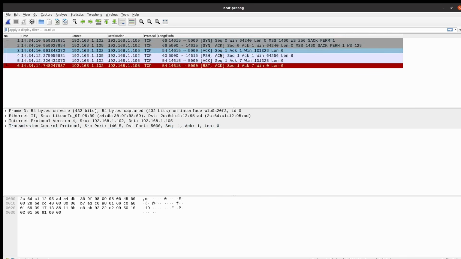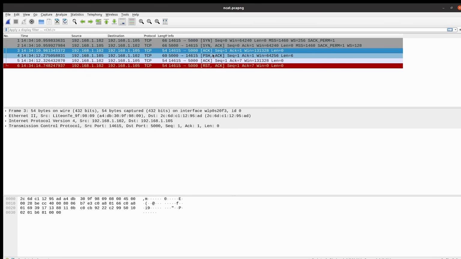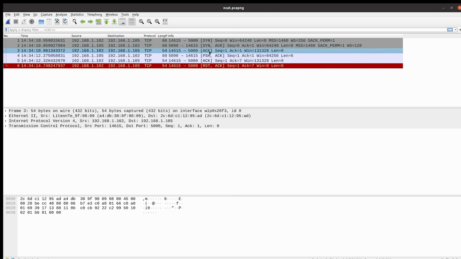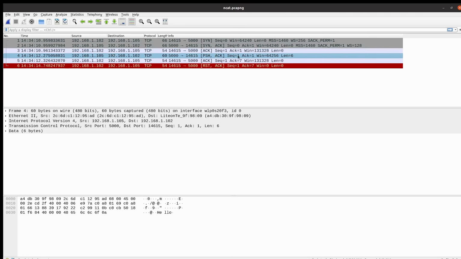And then after that, an ACK is received from the client side, which I call the remote side here, which establishes the TCP connection. So this is the end of the famous three-way TCP handshake, as you may have heard of it. So after this, there's a packet going from the server 105 to the client, and it has a